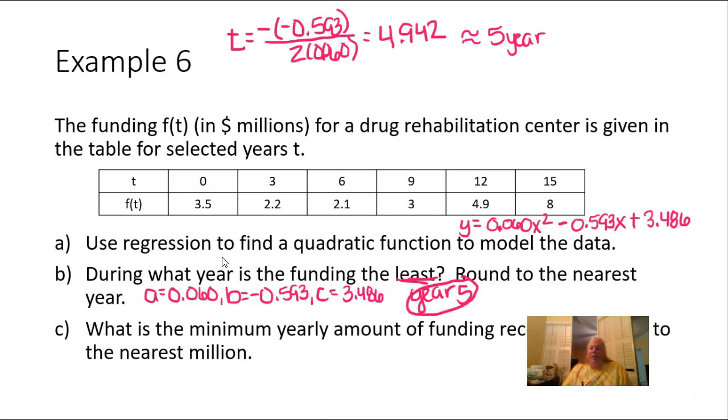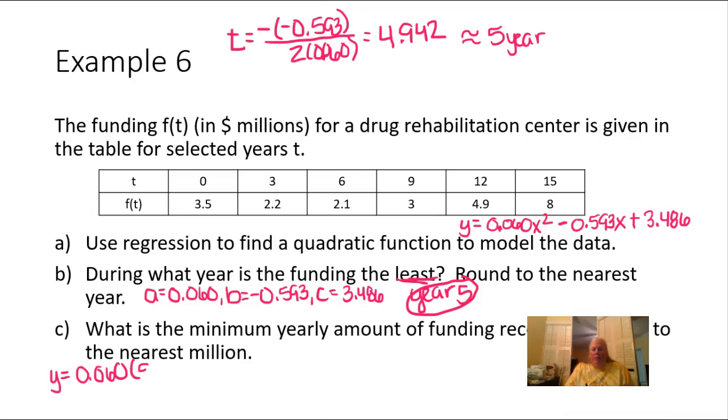Then part C, what is the minimum yearly amount of funding received? We're going to round this to the nearest $1 million. Okay, this is going to be a matter of finding the y coordinate for the vertex. We found the x coordinate. Now all we need to do is plug this number 5 into our equation here and see what we get back. So y is going to be equal to